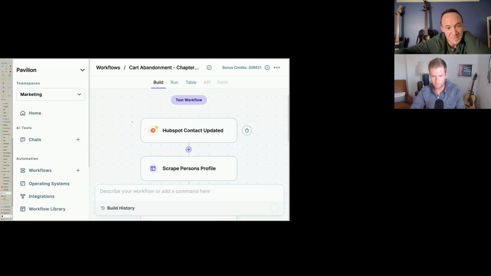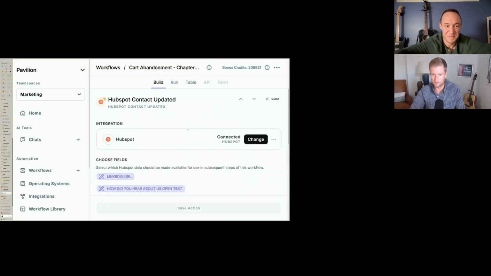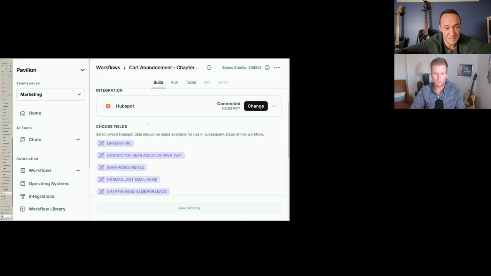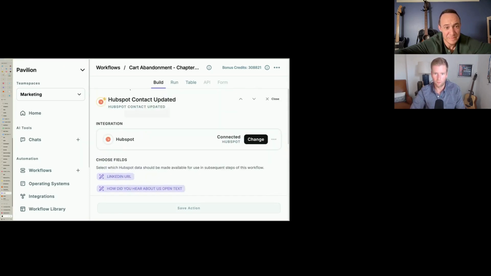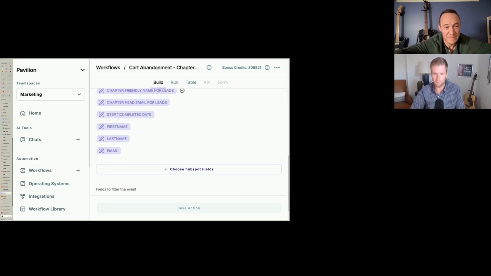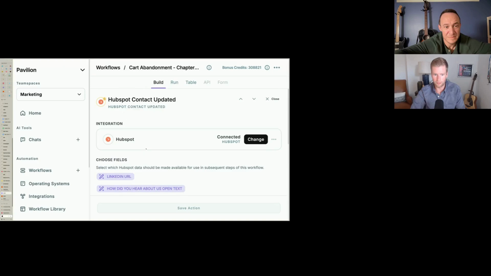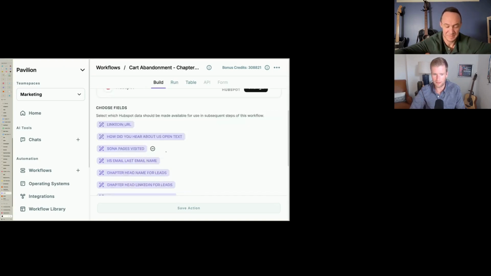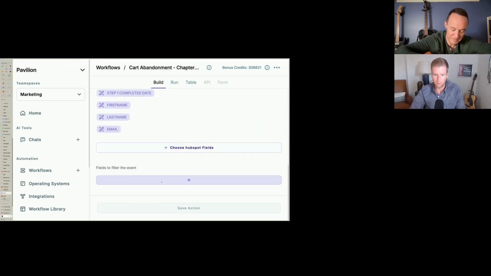Here is what's really cool. I can manage the entire personalization of the email in one spot. So I have this entry criteria, like what trigger event is going to happen in order for this person to get an email personalized. Well, that is HubSpot contact updated. So basically I'm saying, hey, was a HubSpot contact updated? And then what I could do is say,